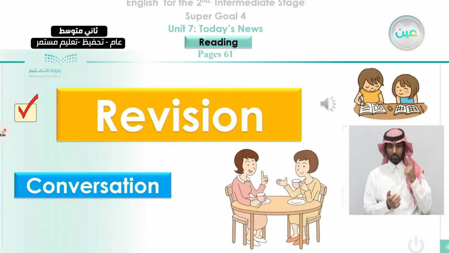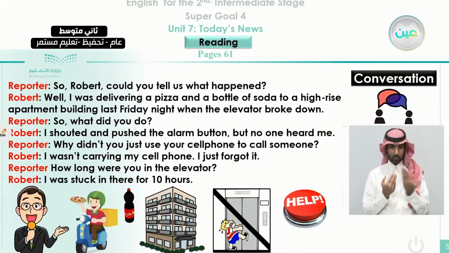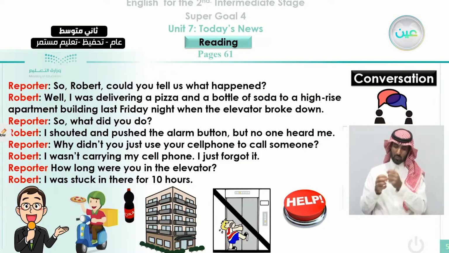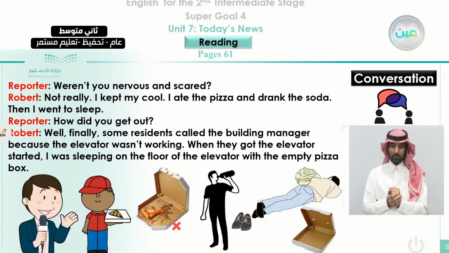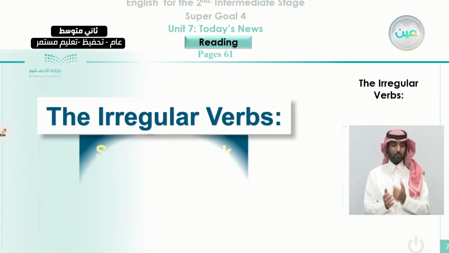You remember in the previous lesson we studied conversation, and in this conversation we had a dialogue between a reporter and Robert, the one who was stuck in the elevator, and we learned how he was stuck there and how long he stayed there and how he managed to survive this incident. Okay, these are the 2 sections that we studied in the previous lesson, and also in the previous lesson we